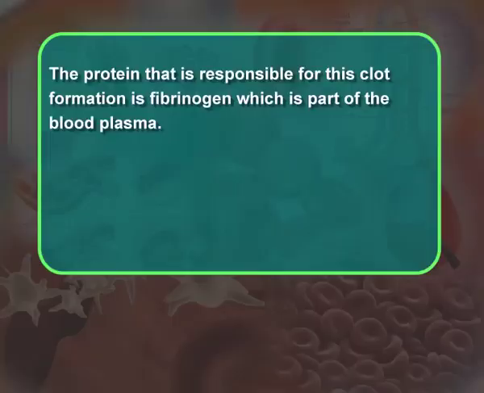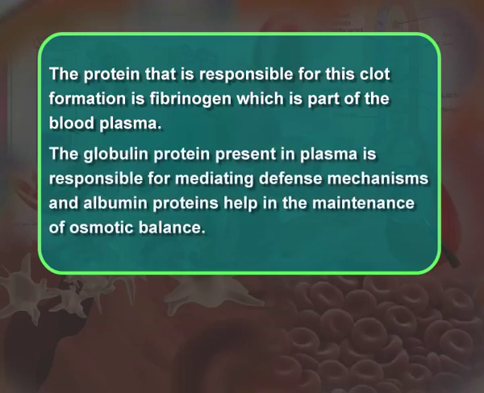Students, you would be amazed to know that the role of blood is not just to transport substances. You must have observed that when you get an injury which involves blood loss, a clot forms at the site of injury after some time. The protein responsible for this clot formation is fibrinogen, which is a part of blood plasma. The globulin protein present in plasma is responsible for mediating defense mechanisms, and albumin protein helps in the maintenance of